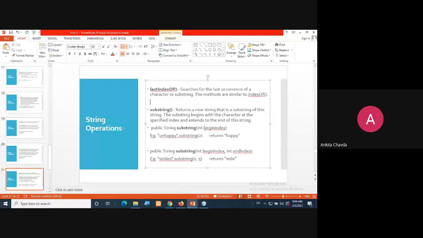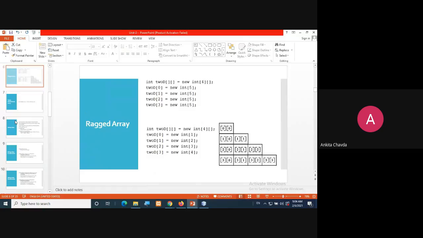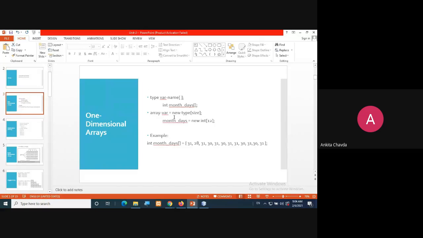Here, in this declaration, there is a type and a variable name. You can even write type, then directly square braces, and then the variable name.